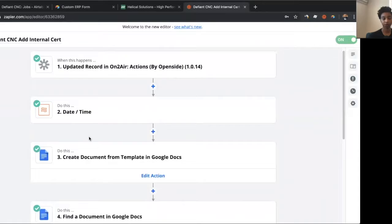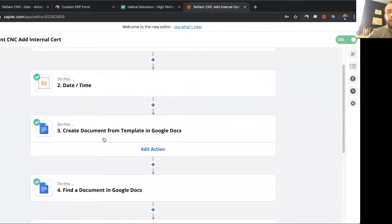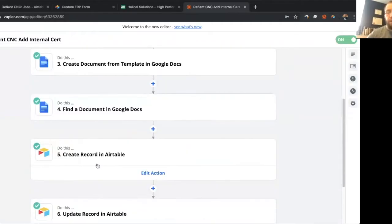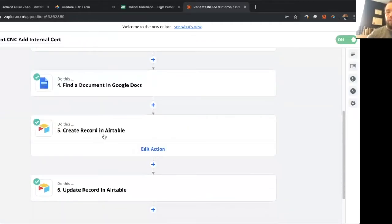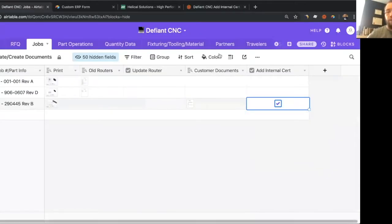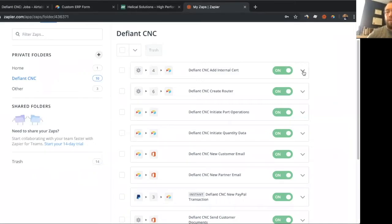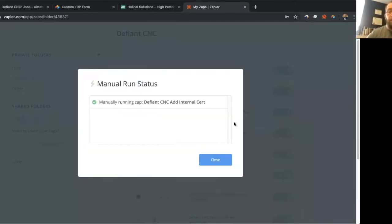Then the second step just formats the date and time. Here it creates a document from a template in Google Docs, finds that document, creates a new record in Airtable, and then uploads that record. So then we have access to it not only in Google Docs but in Airtable. So it's always associated with the job that it's for. So if I run this Zap manually,